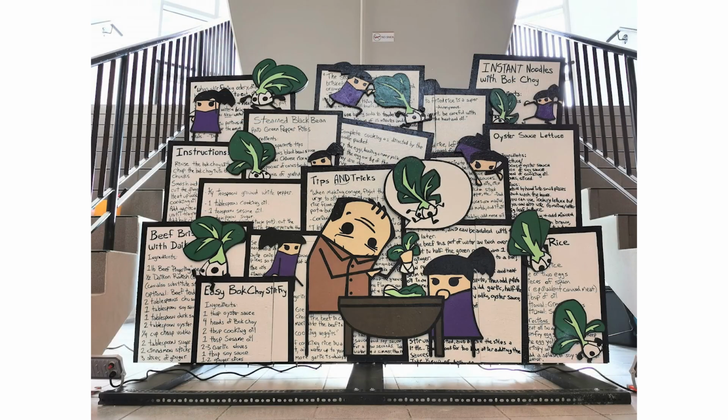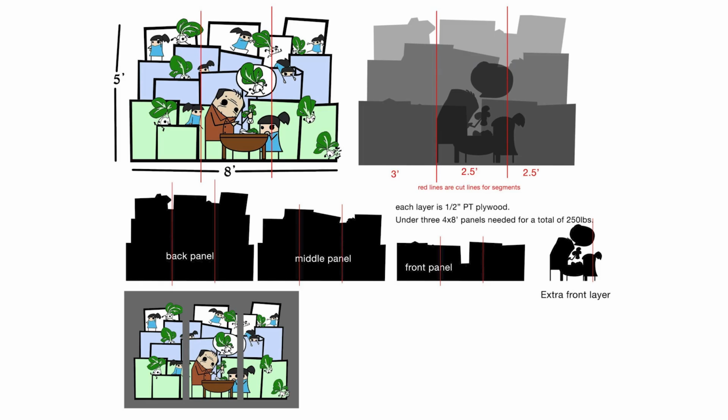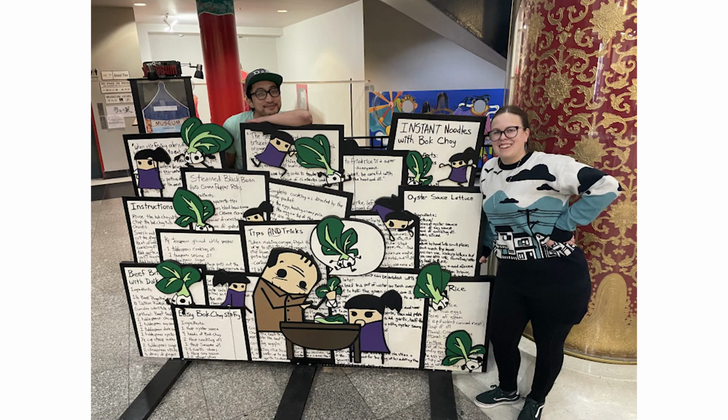That cookbook then inspired a mural, and the mural itself wasn't simply a 2D mural, it was a multi-surface mural, so that it had some layering to it, and it existed on stands so that the mural can actually be moved and taken to different places within the Chinese Cultural Center based on any events that they might be having, which are often food-based events. So they've taken what are traditionally 2D surfaces and expanded them just a little bit by adding a digital element and starting to make a mural a little bit more 3D.